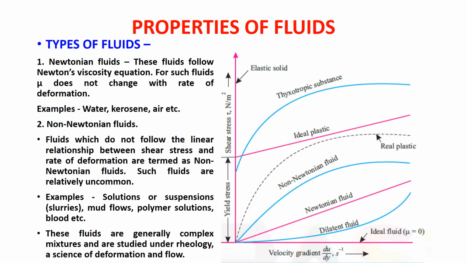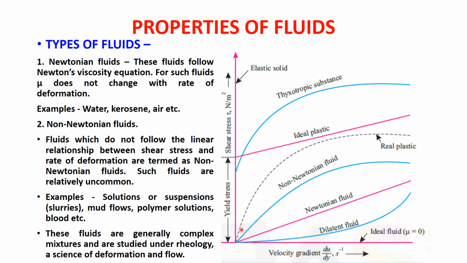So going to the next slide, here we have a certain graph. Before going to the theory, we will see the graph of a particular fluid. On the x-axis, you will find that velocity gradient is present, that is the ratio du by dy. Here you will see up to a certain extent there is a yield stress, and after yield stress there is a shear stress. For Newtonian fluid, you can see easily a straight line. This straight line denotes that the Newtonian fluid obeys Newton's law of viscosity, or we can say that shear stress is directly proportional to shear strain rate.